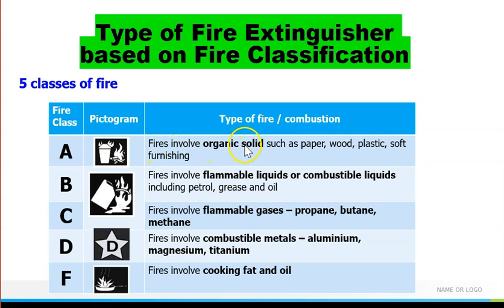It involved with the organic solids such as paper, wood, plastic, and soft furnishing, cloth, and so on. This is commonly seen at home. And then the B